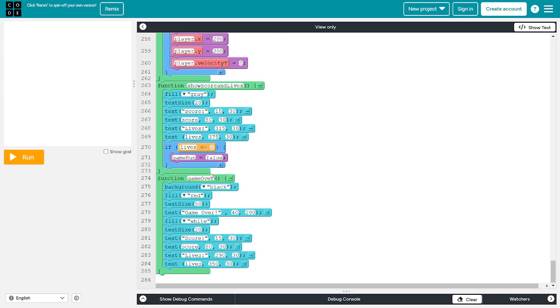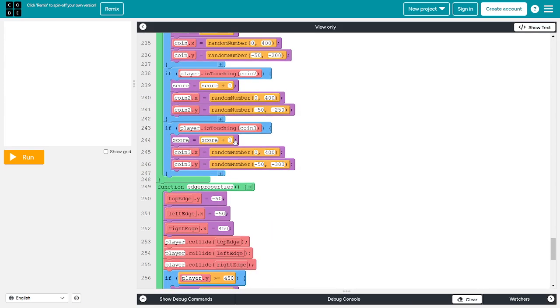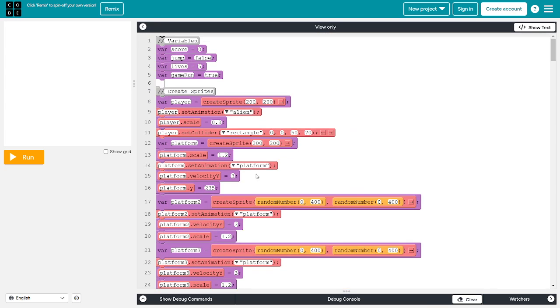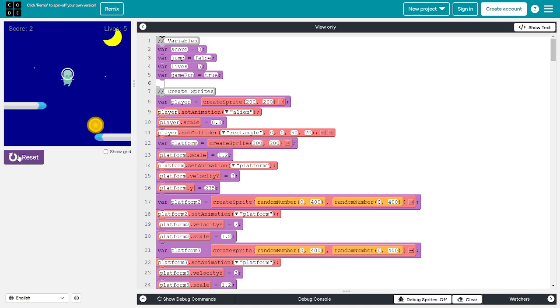This might be a bit long because this is almost 300 lines of code, and this isn't even my longest code. But let's just get right into it. So, variables. Score, that is the score. Jump equals false, that's to try to not get stuck on the platform. There's a reason why. I'll tell you about that in a few minutes when we get to that. Then there's lives. That's just, because this is the platform game I showed you,